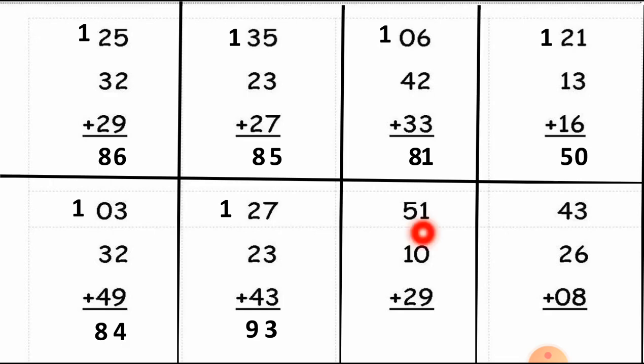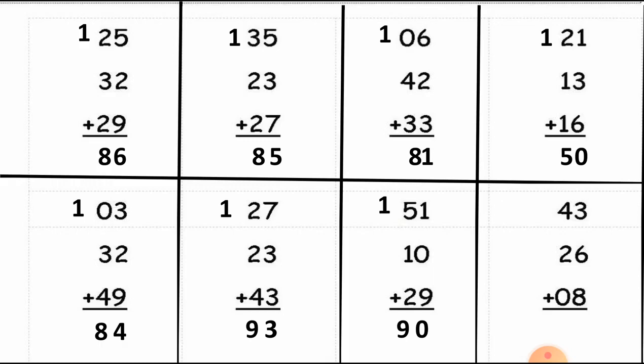Now let's move to the next, which is 51, 10 and 29. In this, the ones column is 1 plus 0 plus 9. So the total of the ones column is 10. So here we can put 0 and put number 1 as a carry forwarded number at the tens column. Now let's see the tens column, which is 1 plus 5 plus 1 plus 2. So the total of the tens column is 9. So our final answer is 90.